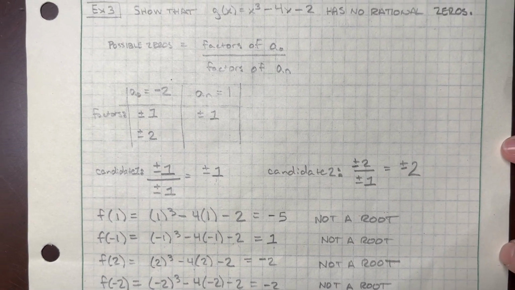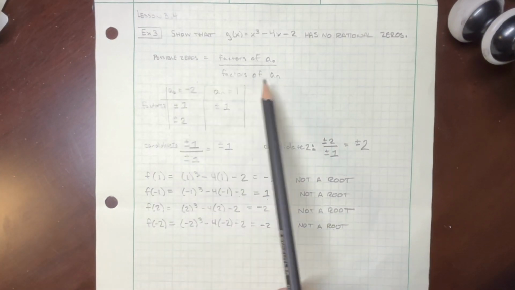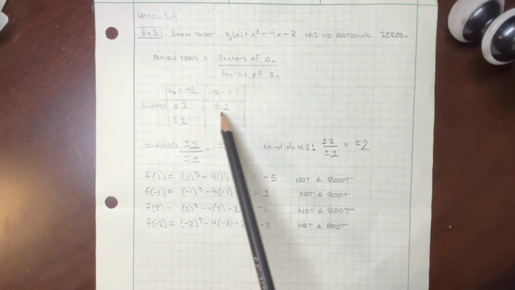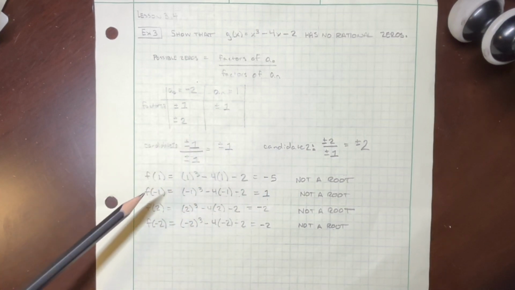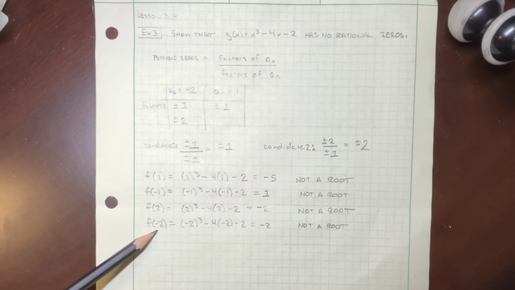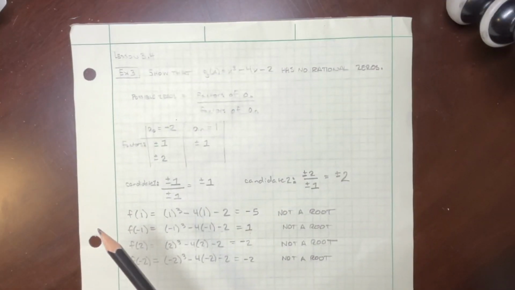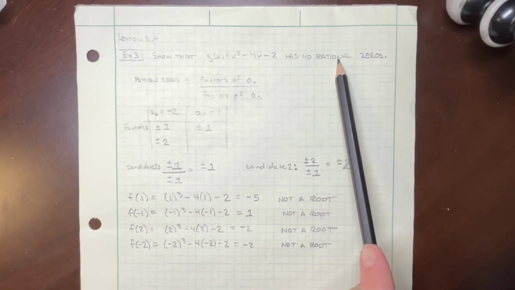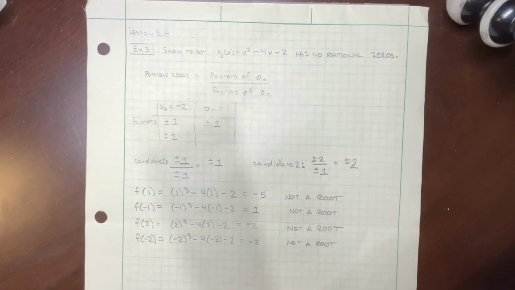So let's get a big view of this here. What have we discovered? The rational root theorem told us that there were a couple of candidates to be roots to this function. We evaluated all 4 of those candidates. None of them are roots. Therefore, this function has no rational zeros. None of the possible candidates worked out, so therefore,